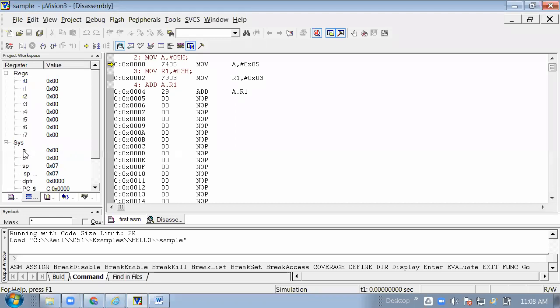Then this is the accumulator. Then register B. You know what the use of register B is: register B is for multiplication and division. Then another thing is the stack pointer. See, I always tell that the reset condition of the stack pointer is 07. Reset condition for the stack pointer is 07. All other registers contain a reset condition of 00. R0 contains 00, R1 contains 00, but our stack pointer is 07. This is very important at the time of your online examination. Then another is the data pointer.